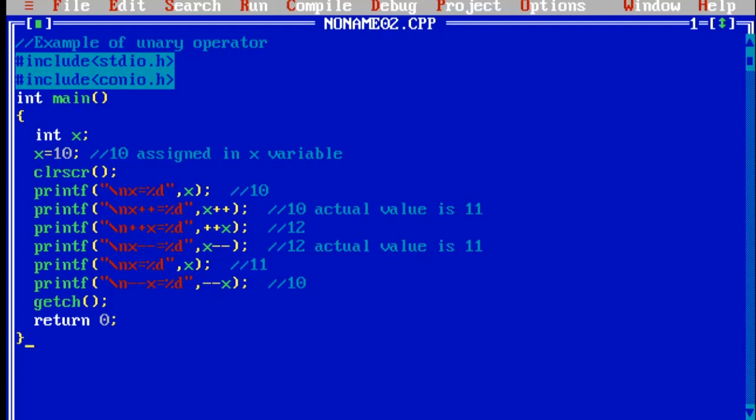When you use pre-increment, first comes the operator, then the operand. When you use post-decrement or post-increment, first comes the operand, and next the operator. That is very important when you use the unary operator in our program.